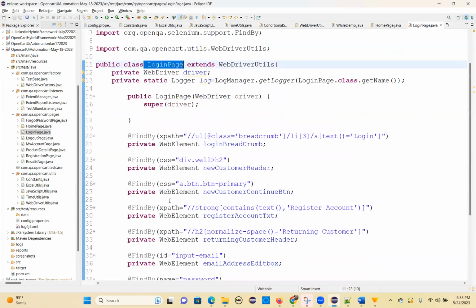Please finish and come back tomorrow. We'll write the methods and continue with other pages also. This is the exercise you must finish and work on. If you work on it, you will get the experience. If you're not working and